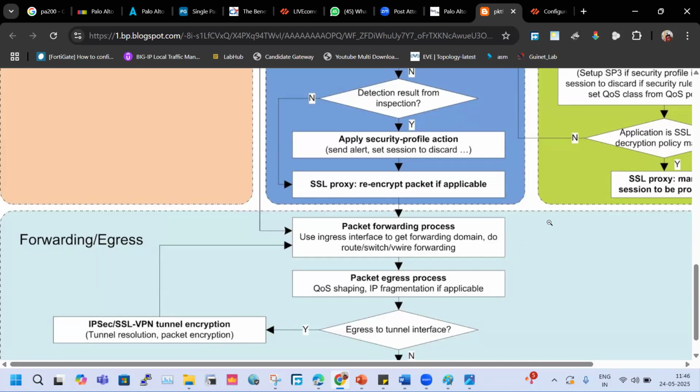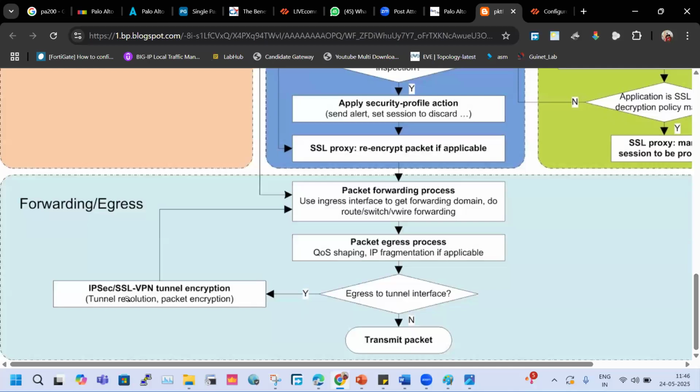Once you see the IPsec and SSL configuration, then you will get to know what is an IPsec interface and what is an SSL interface, right? After encrypting the traffic, it will find the exit interface, whether it is your IPsec encrypted tunnel interface or SSL tunnel interface. Accordingly, it will forward the traffic. If it is not encrypted traffic and it does not need to be forwarded for encryption, then it will transmit the traffic as it is, in clear text, right?